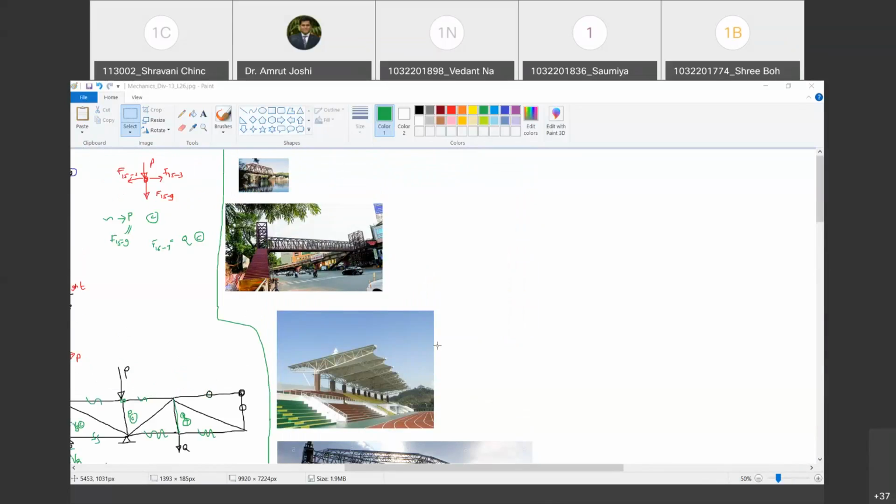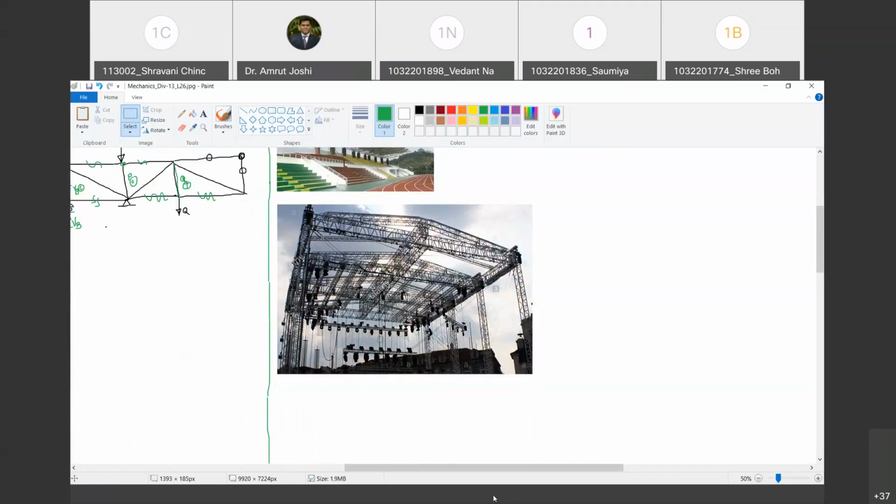What will be the width of this road, by the way? Can you tell me? If it is a 4 lane road, how much is it around? Tell me, 4 lane road or 6 lane road. What is the width? Are you not aware? No, sir. Think, how much will it be? You walk on roads. You know 1 lane, 2 lanes, so how much will 6 lanes be? See, if it is a 6 lane road, its width should be at least around 20 meters.